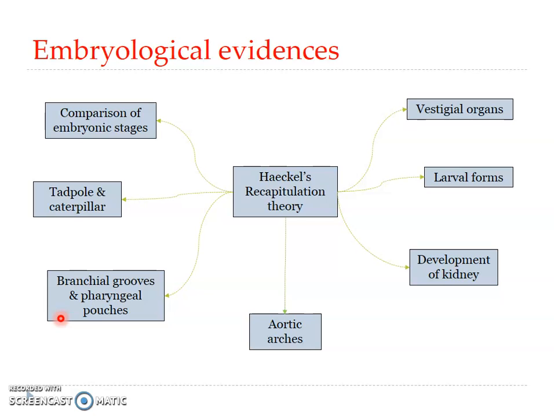So exchange of gases takes place between the blood in the gills and water passing through the gill slit. Okay. So this is how the fishes breathe. Right. So fishes, they need these structures for respiration.